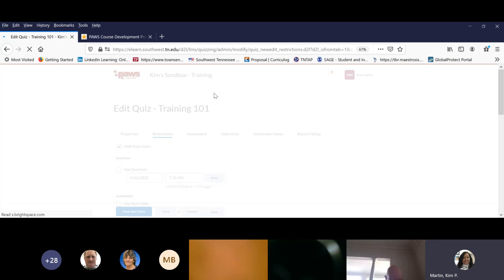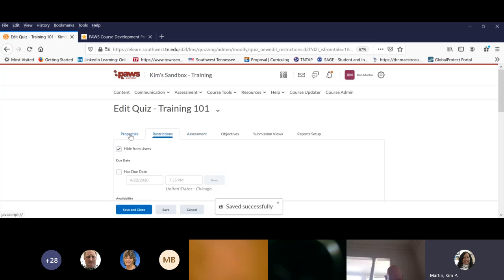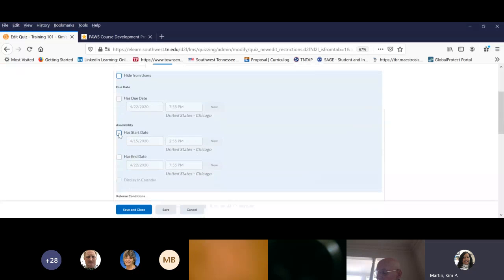Okay. Remember, I told you these 3 are the most important tabs when you're building. This is an option here. These 2 we haven't started using yet, the objectives and the report. The submission views is just an option. These 3 are your main tabs you need to make sure you cover when you are creating your quizzes or setting your restrictions. So I want to turn this off, hide from user,